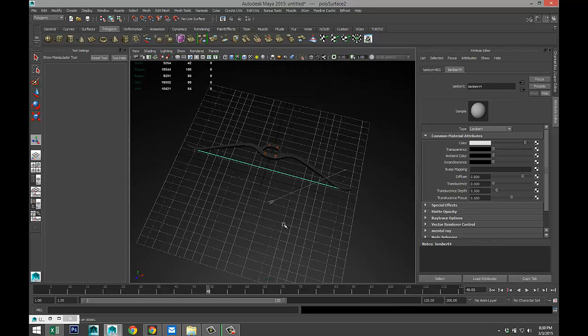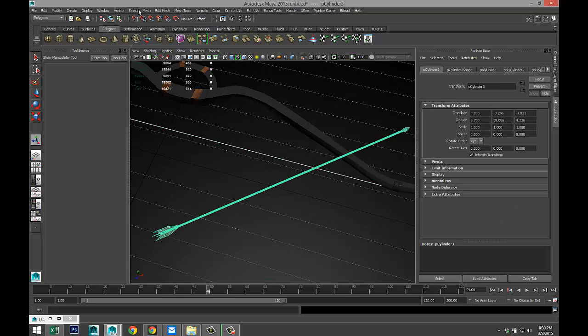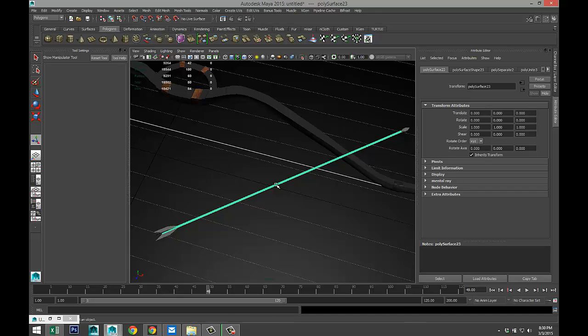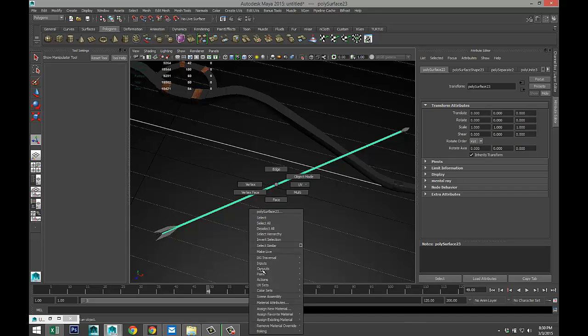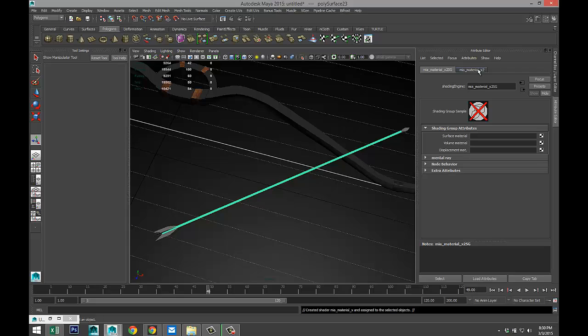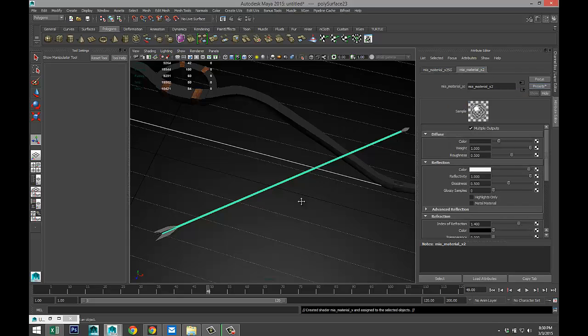Okay. Let's deal with our feather. Mesh, separate the arrow itself, assign new material, MIA_X, presets chrome replace.